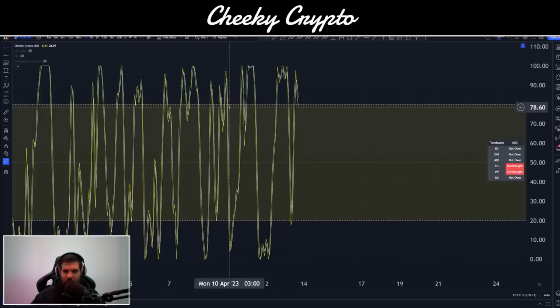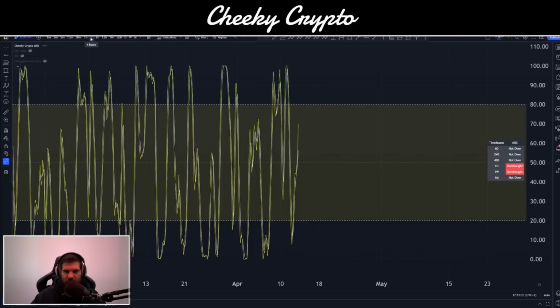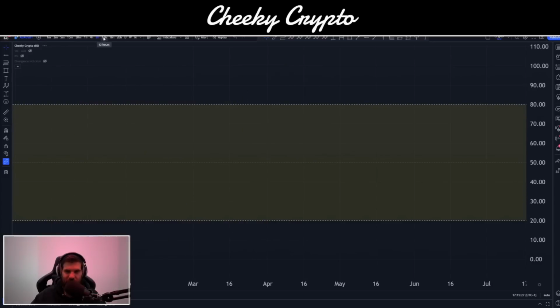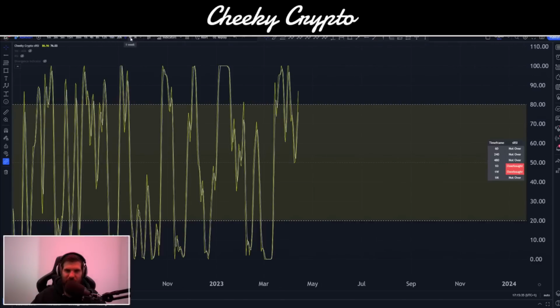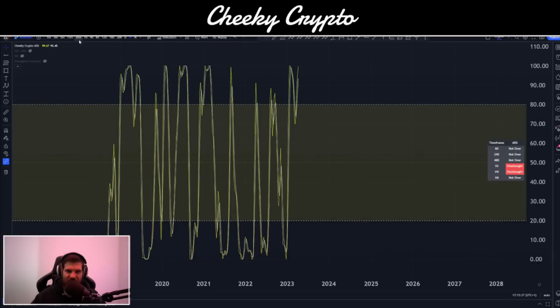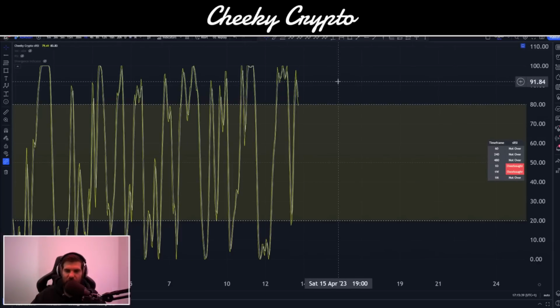Taking a look at our momentum indicator here, we can see that we've still got quite a bit of downward momentum on the hourly. So expect to move down. A 4 hour could also move down at any moment too. Same with the 8. The 12 is overbought, 16 is overbought, the 20 is overbought, the daily is overbought, weekly is overbought. Yeah, so basically we're going to be looking at a movement to the downside.